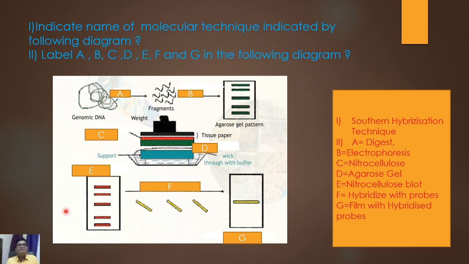After washing, just after hybridization, we wash out the unhybridized DNA and we get the intact DNA with the unknown DNA samples, and it will fluoresce in UV light. And again we can develop through autoradiography, X-ray film develops the DNA bands. So this is the complete diagram of Southern blotting, and try to know each step. They will give the diagram and ask you to label any of the steps.